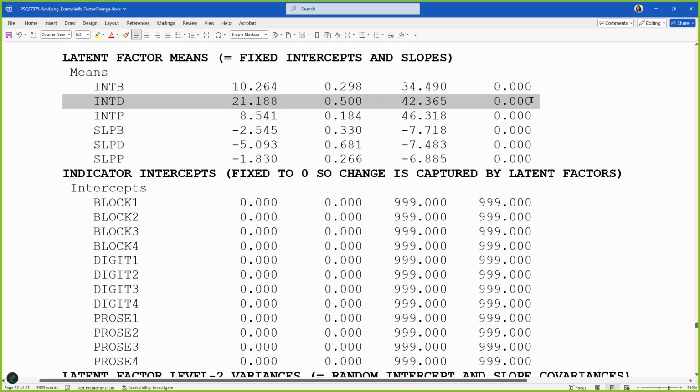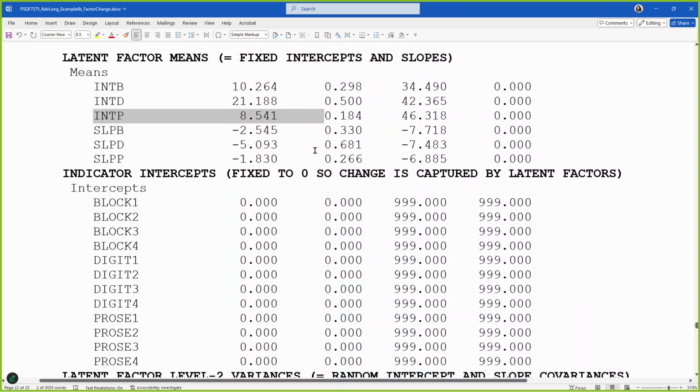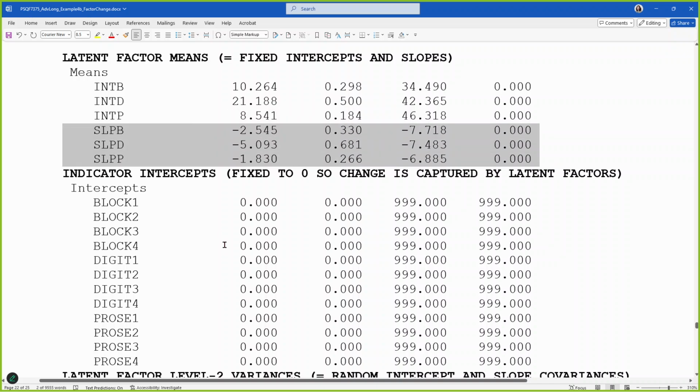The mean at the first occasion, as predicted by the trajectory for digit symbol, is 21, and the mean for prose at the first occasion is 8. So if you know what those measures mean, you should know what those numbers mean. It's nice and comforting. And what's happening with each of these things over time? They're declining. Now that is not good for this sample, but it's reassuring for us because that's what's supposed to